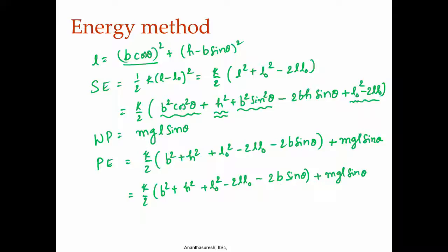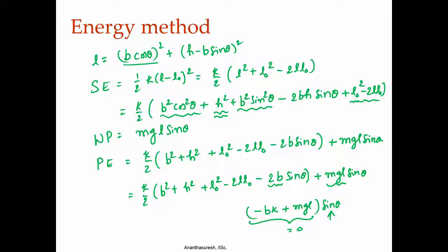In order to make it constant, the sin theta coefficient, this 2bk there and mgl. So, if I do not want it to depend on theta, then what I need to do is I will make 2 get cancelled, minus bk, that is what I get here, plus mgl. Okay. This is what will multiply sin theta. If I do not want it to depend on theta, I just need to make this thing 0,